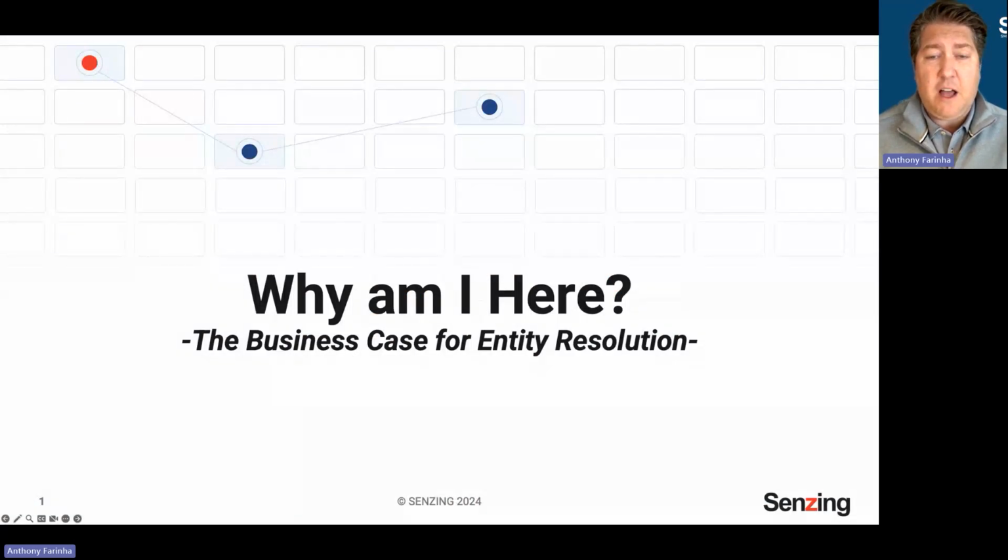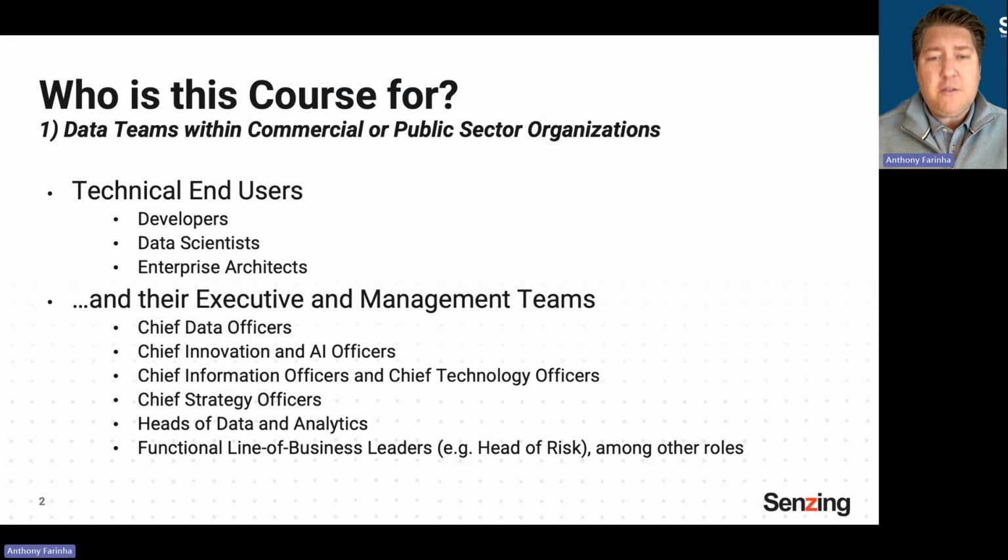So first, an overview of who should be taking this coursework. This course has been designed for the data teams within commercial and public sector organizations. Typically, these are going to be technical end users that find us and engage in our learning management system. These are going to be developers, data scientists, often enterprise architects, but most importantly, it's their executive and management teams